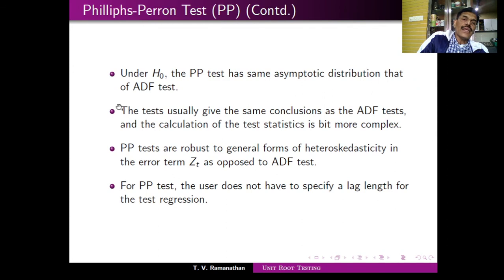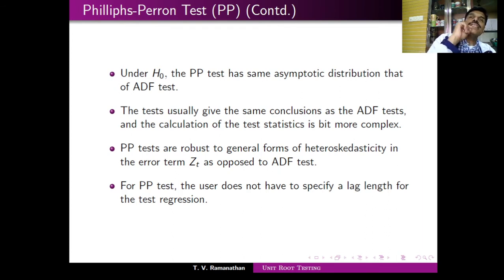Now, in both Dickey-Fuller, ADF and PP, under the null hypothesis the series is non-stationary, and under the alternate hypothesis the series is stationary. This is actually a drawback. The main drawback is when you start testing, and your phi is very close to 1, say phi is 0.95, and you are testing phi equal to 1 against phi less than 1. Phi greater than 1, anyway, I am not interested.